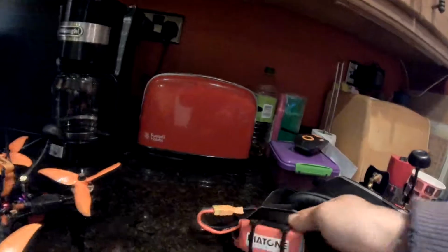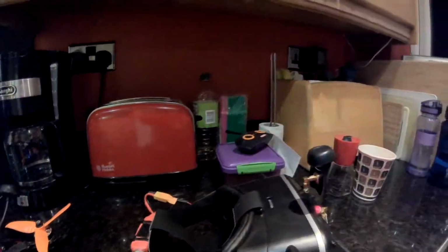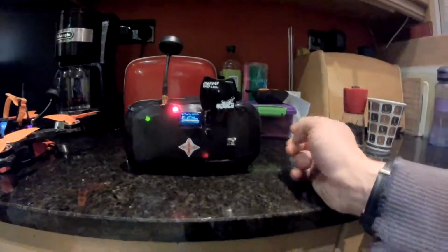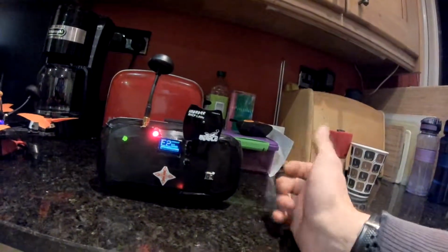off a 3-cell on the back, bit heavy, but same again, I will swap that for a little 2-cell at some point, because in here I have got a voltage regulator which will go up to 12 volts to power